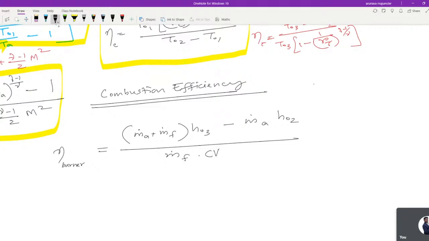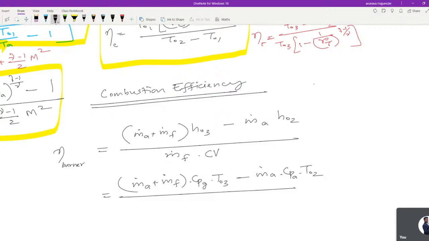into calorific value. So they will give you a calorific value over there. Now further, this equation can be rewritten. This H naught 2 is an enthalpy. So it can be written this way if they have given the CPG and CPA separately; accordingly this formula will also change. If they have not given anything, keep a simple or common CPG into CPG into T naught 3. Okay, CPG into T naught 3 minus MA into CPA into T naught 2,